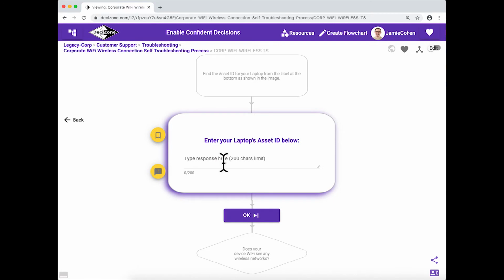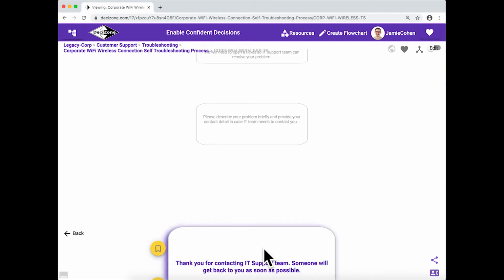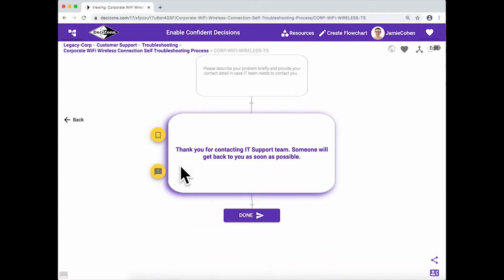A user input box can be used anywhere in the flowchart to ask the viewer to enter some information. A conclusion box is simply a statement box the author should include towards the end of the flowchart branch to clearly state the recommendation or conclusion for the viewer based on all the selections the viewer has already made in that flowchart. An email log box is always used at the end of the flowchart branch to get a full transcript of viewers' activity in that flowchart.